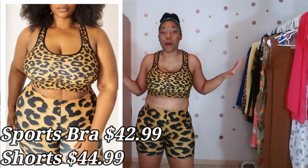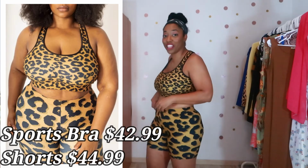This is activewear number 2. Yes, loving this. Are you all loving this? The material feeling is the same as the first one I tried on. Of course, this one, the print is a leopard print. And I love leopard print. So when I saw this, I was just like, yeah, I have to add that to my collection, most definitely. Again, it is shorts, and it again is a racer back. It covers up everything like the green one. This is basically the same type of fit, just a different print. So yes, this is activewear number 2. And again, I'm giving this